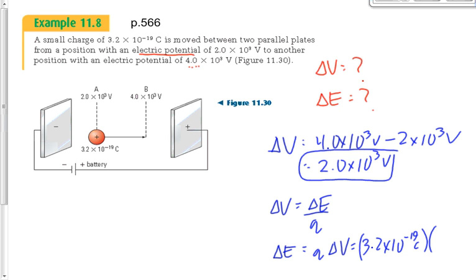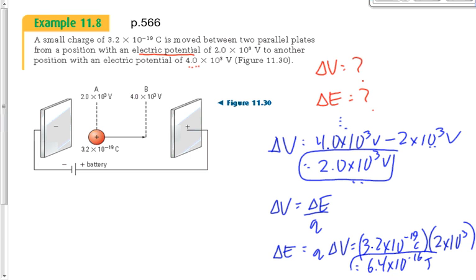Not the potential, not this 2 times 10 to the 3, not this 4 times 10 to the 3, but this potential difference of 2 times 10 to the 3. Multiply those together, we should get 6.4 times 10 to the negative 16, and the units would be joules for